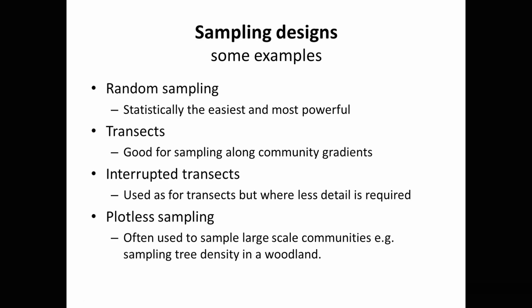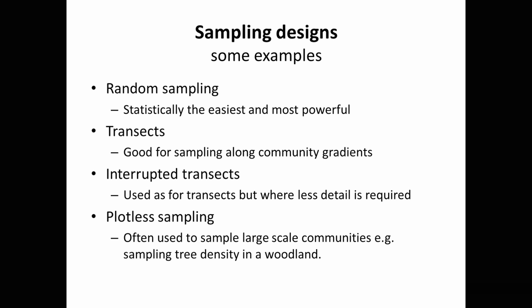Then there's how do you distribute your quadrats, and there's a variety of ways of doing it. I've listed some of the obvious ones that people use most often here, and I'll talk in particular about the first two, because they're the ones that I think you'll end up using at some point or another within your university degree, if not at several points. So one is random sampling and the other is to use transects, which is particularly useful when you're sampling along